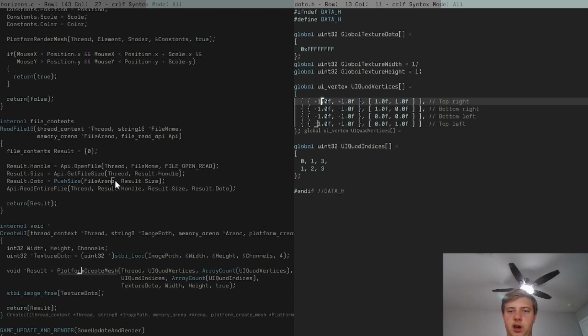It's just a quad with very simple data for the UV and the position of each vertex, and it's just filling up. In case you don't know what NDC or normalized device coordinates are, it's basically